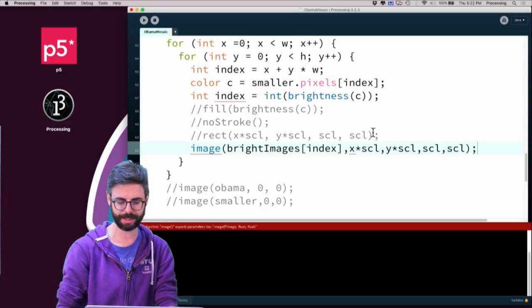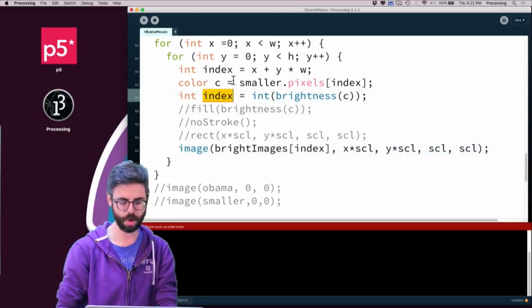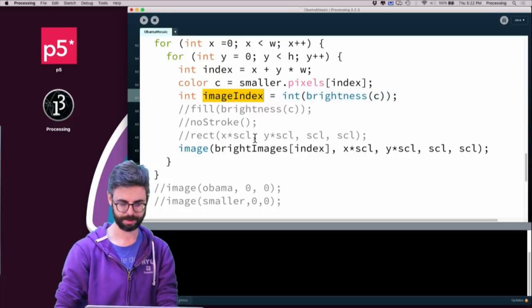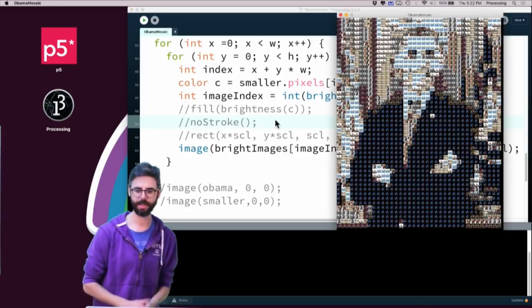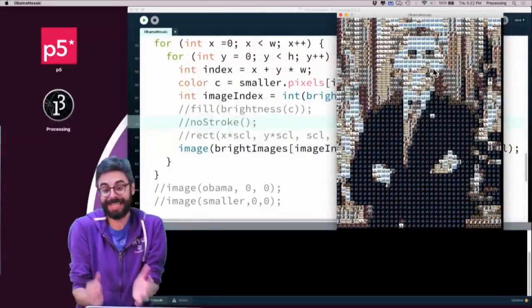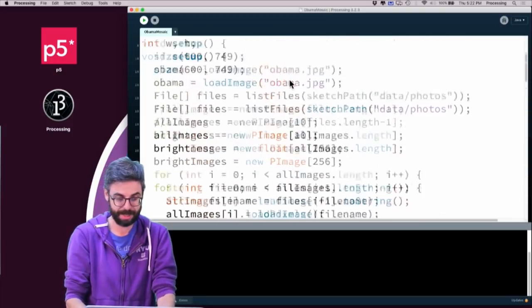So I'm going to dynamically resize the image. And oh, because I used index twice. Image index. OK, here we go. Look at this. Hey, not too shabby, right? So we can see here, and you can kind of look in and see the level of detail. I only had 10 images to pick from, so it's not that detailed, but let's try again with,